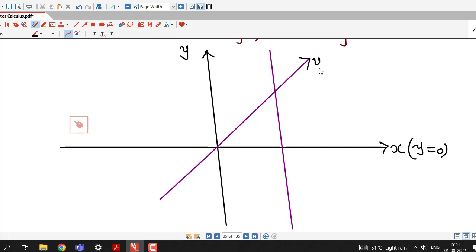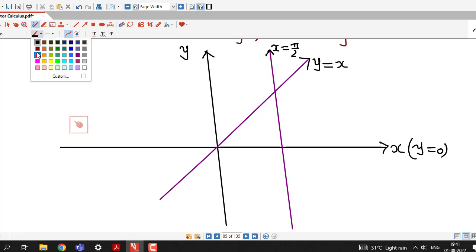This is the line y equal to x, and this is the line x equal to pi by 2, and we have to find out the region bounded by all these 3 lines. So we can see this is the boundary of x equal to pi by 2, this is the boundary of y equal to 0, and this is the boundary of y equal to x. Therefore this is the region of integration,